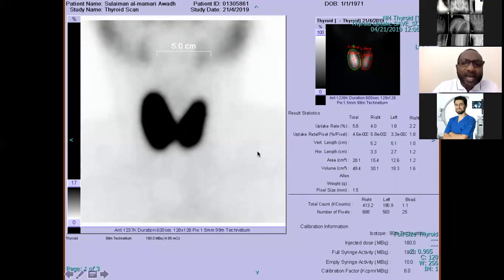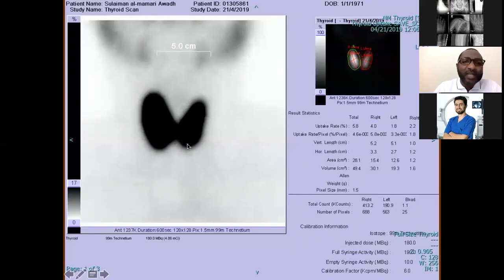But oftentimes, this is the picture of Graves' disease that we see. We hardly ever get patients with Hashimoto's disease in clinical practice, because when they are toxic, that undulant phase is usually very short, and they don't tend to have images before they get into the normal and abnormal phases. So if you want to describe this, you will say that this is a thyroid scan which shows an